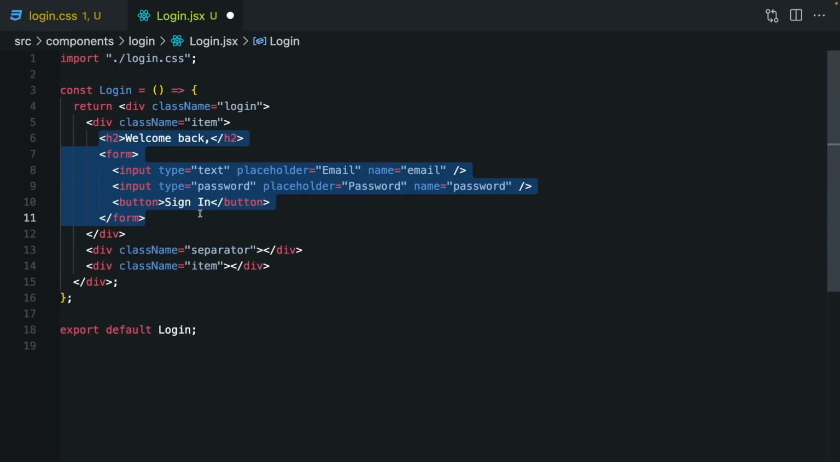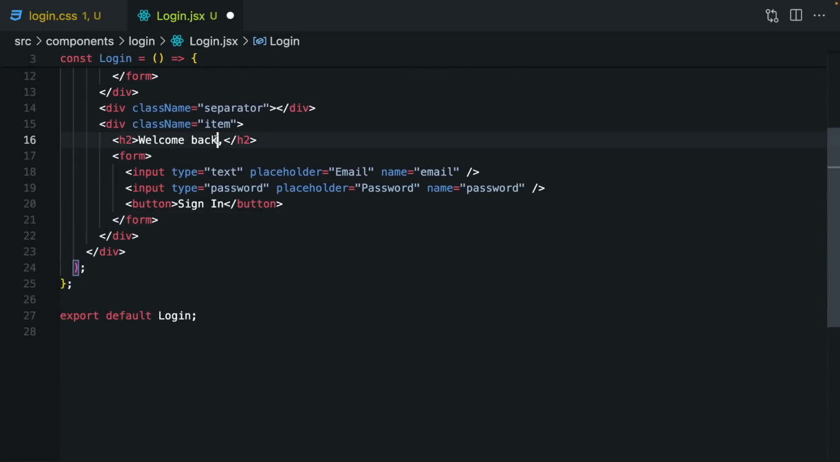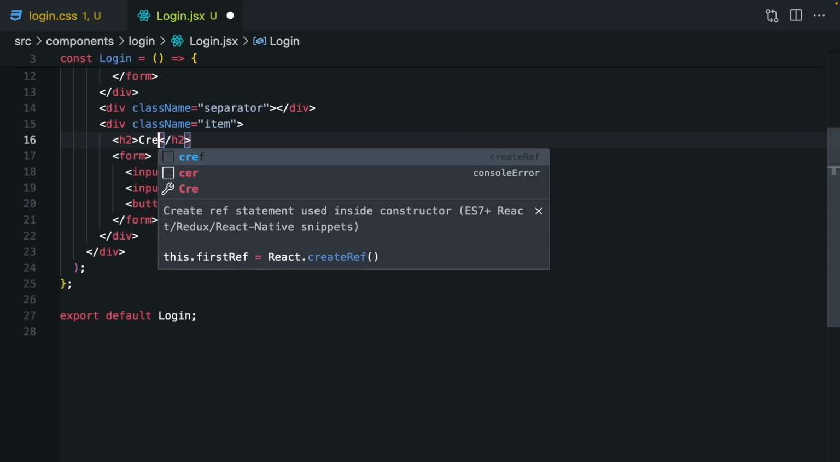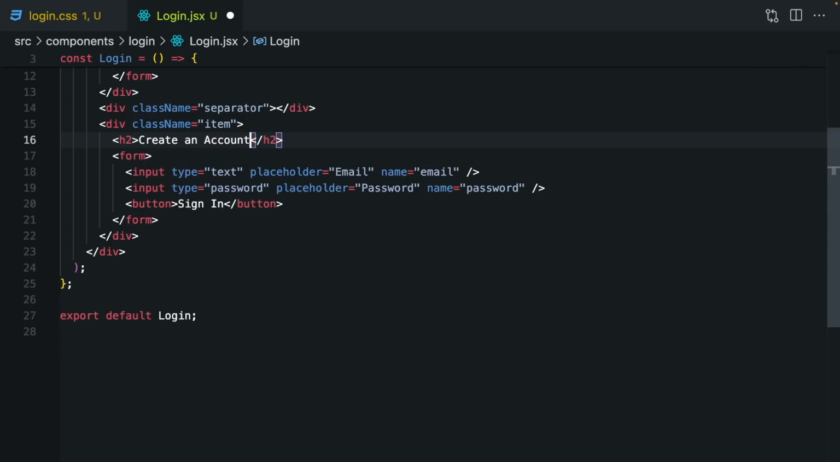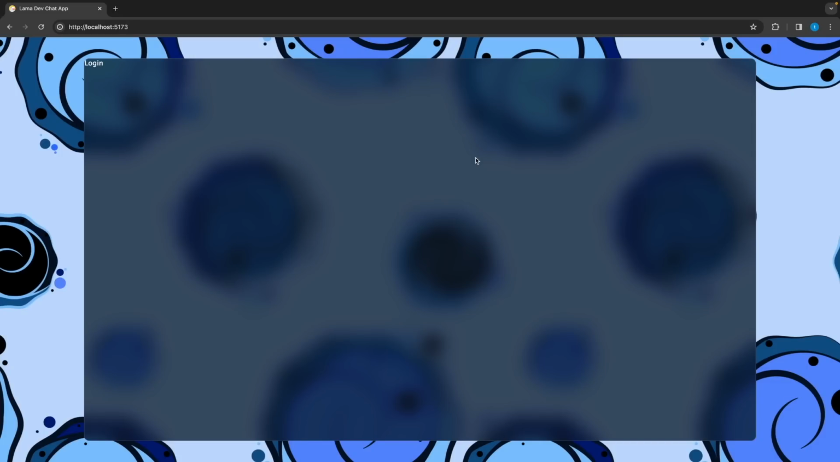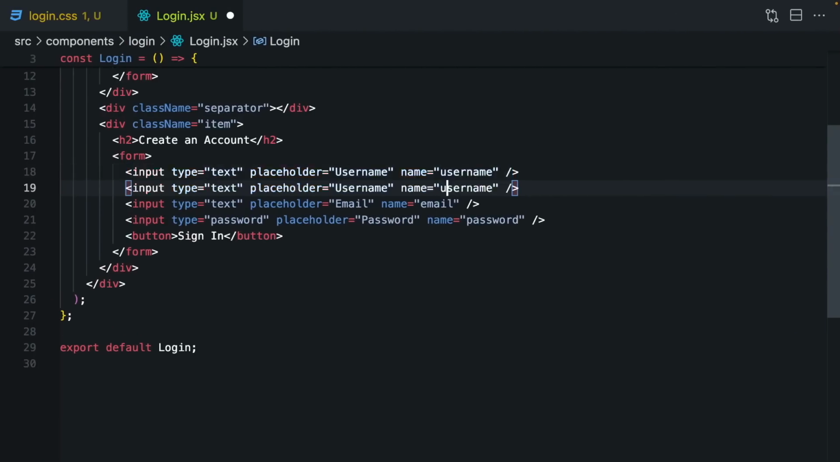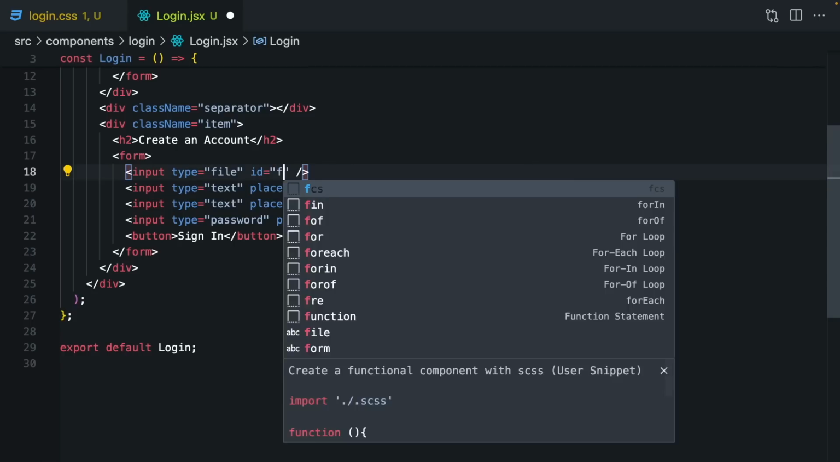Let's do the same thing for the second item. This time I'll say create an account. Again, email password, but one more, and it's gonna be username. Just like that. And remember, when we register, we can upload an image. So let's create that. I'm gonna create one more input and it's gonna be a file. And I'm gonna give an ID, let's say file,